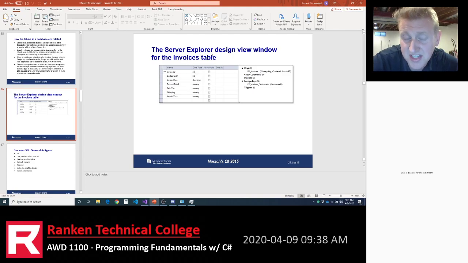So this invoice table, even though we didn't talk about it in the previous slide, has a foreign key of its own. And that foreign key is the customer ID column, which relates back to a customers table. And in that customers table, there's a customer ID that's a primary key in that table.